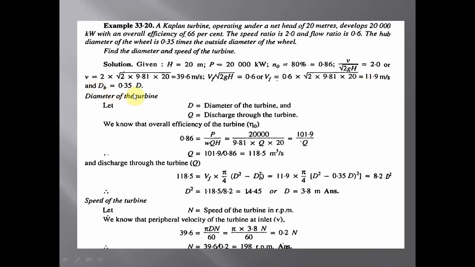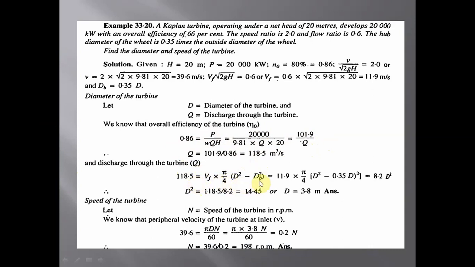And the hub diameter Db is equal to 0.35 times the outer diameter D. Let D be the diameter of the turbine, and Q be the discharge to the turbine. We also know that the overall efficiency of the turbine is equal to 0.86, that is P divided by W into Q into H, that is 20,000 divided by 9.8 into Q into 20, that is 101.9 divided by Q. Here Q equal to 101.9 divided by 0.86, that is 118.5 meters cube per second,